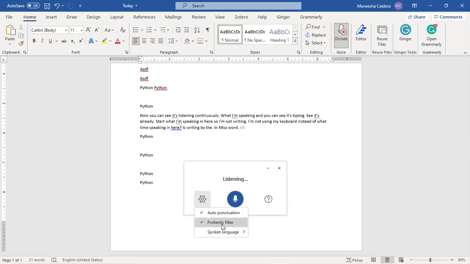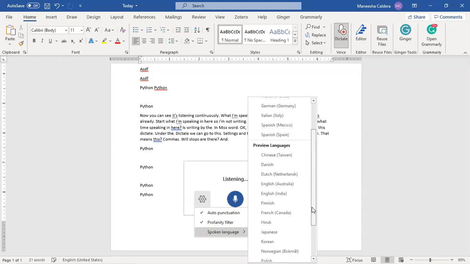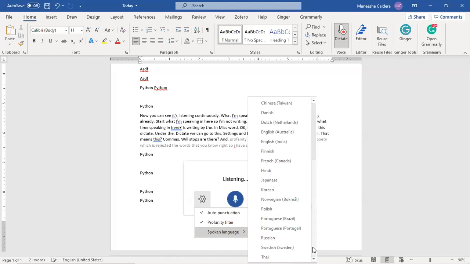And profanity means bad words, the words that are rejected, the words that you know, right? So I have selected both, and it's already typing continuously. And we can change the spoken language if it is available. For now, there are a few languages confidently supported here, and you may see preview languages. These languages are still not fully supported, but up to some extent it's working,